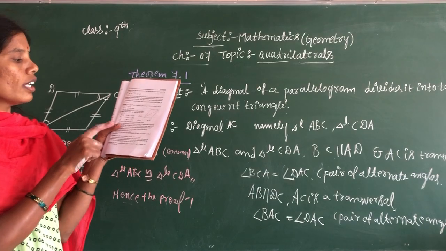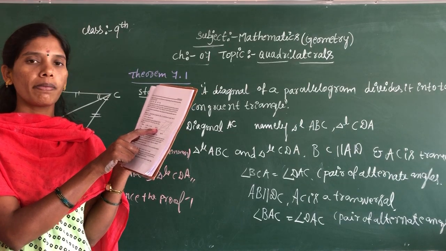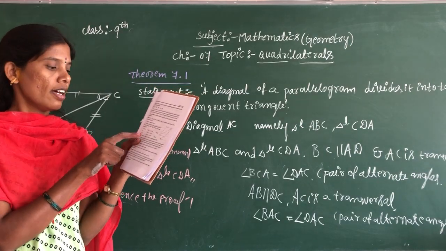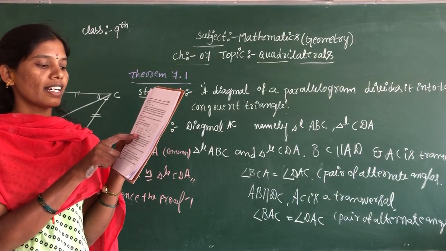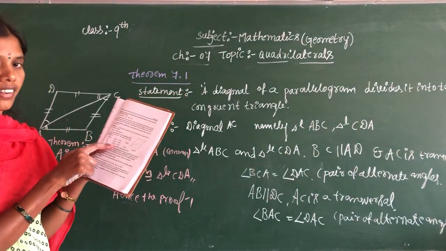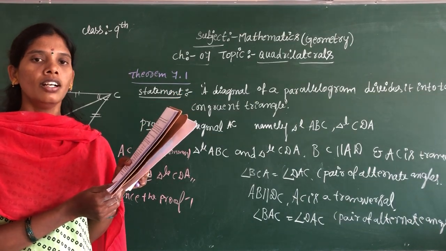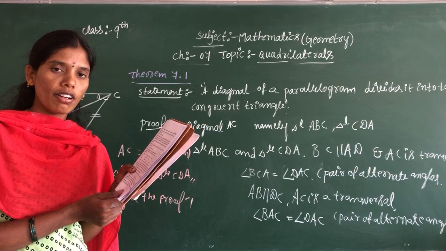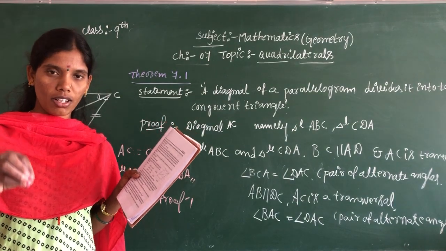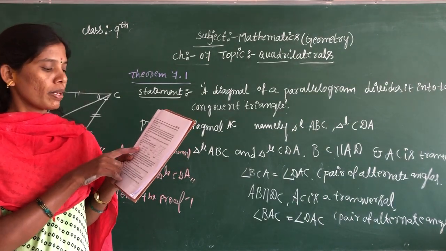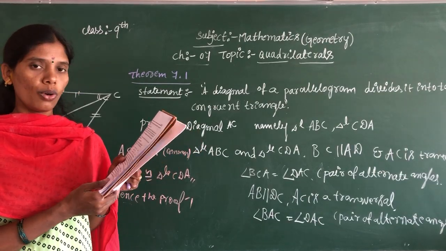What is that? In triangle ABC, congruent triangle CDA. Okay, why? Because these are congruent triangles. Next, angle BAC and angle DCA equal angle BCA and angle DAC, a pair of alternate angles. Okay children, therefore ABCD is a quadrilateral and ABCD is a parallelogram. Why? Because opposite sides are equal. This is congruent and angle BAC and angle DCA are a pair of alternate angles. Okay, have I got it?